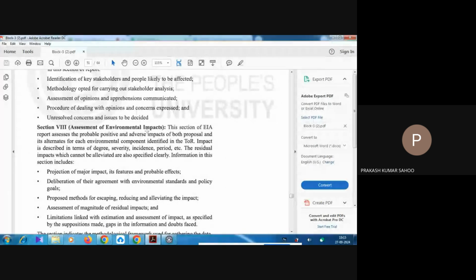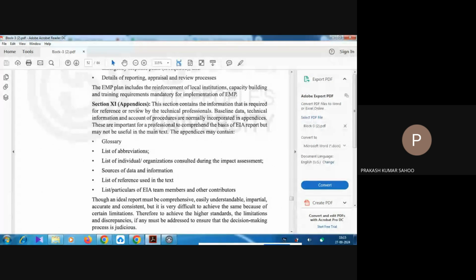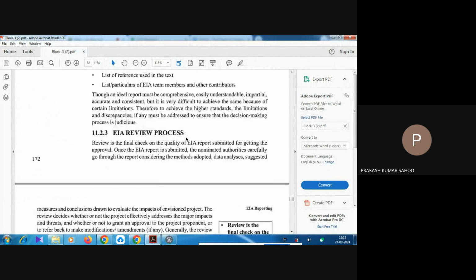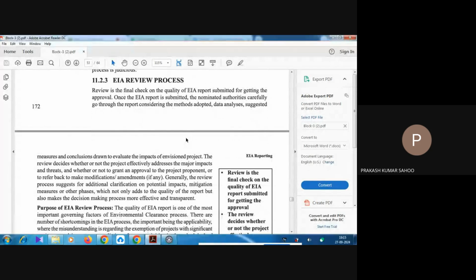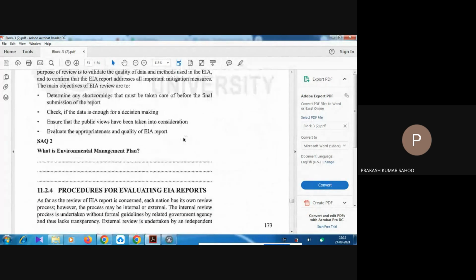Then the assessment of environmental impact. The same things are written repeatedly. Okay, you just read all the things. Then in section 11 we have appendices and some annexes: a list of contents, a list of abbreviations, all the things. An EIA review process will be carried out by the reviewer committee, and if your EIA report is satisfactory, then you will get the environmental clearance to carry out your project. If it is not up to the mark, then your project may be rejected, and